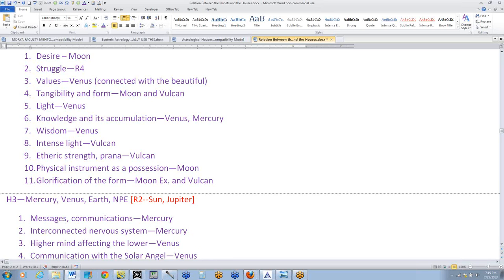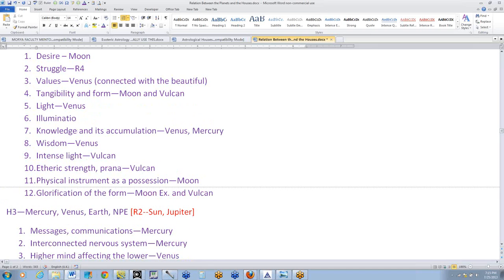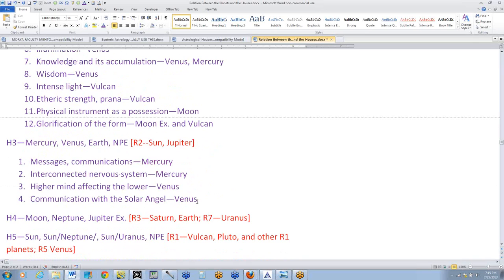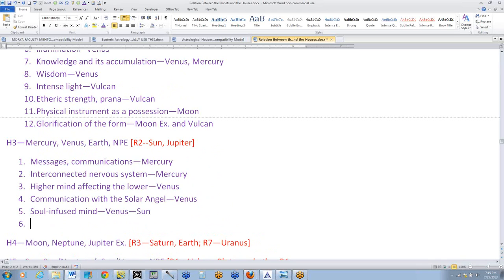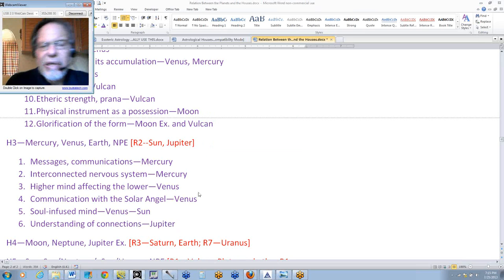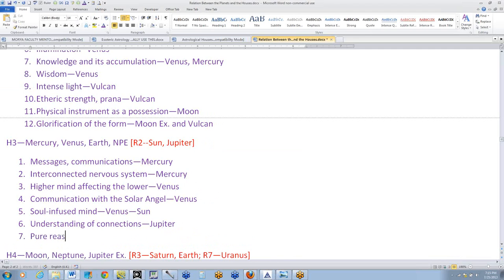Yeah, the illumination of the second house. I seem to be coming back to that. Light, illumination is also Venus, but we're going to find that here as well in the third house. The soul-infused mind, and that's going to be both Venus and the Sun. We're going to the understanding of connections. That's going to be Jupiter. Even though normally Jupiter in relation to Gemini is somewhat in a stressed condition, it's overextended, we might say. But I think as well, pure reason can come in here because there is a Mercury and Jupiter connection. So there is a Buddhic connection here as well,